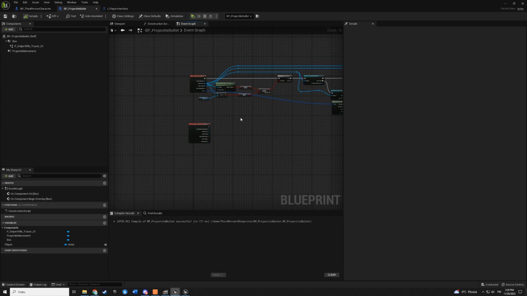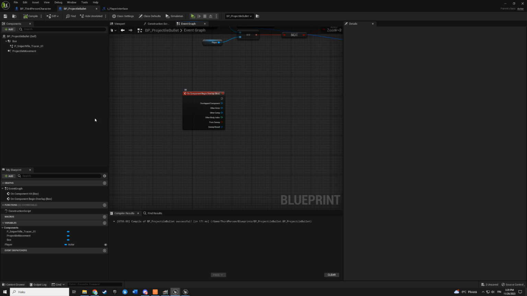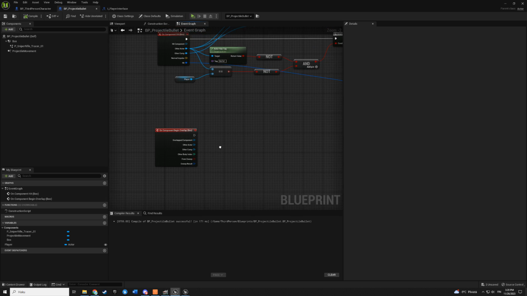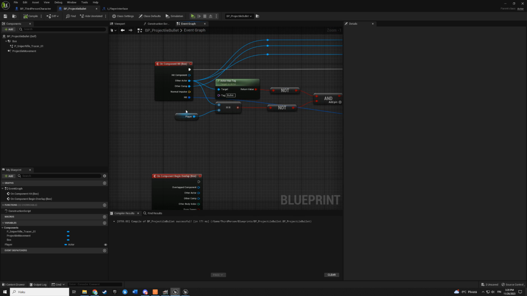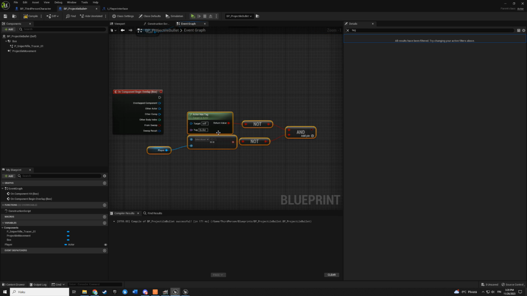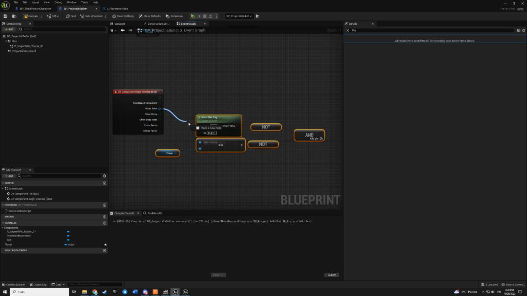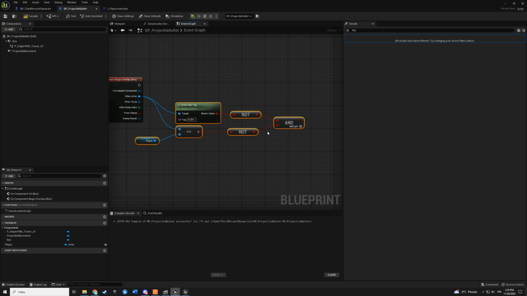We can do that overlap. And this is for dealing damage to other players and enemies. And what we need here, we definitely don't want to hit ourselves or the bullet itself, like another bullet. So we can copy these.